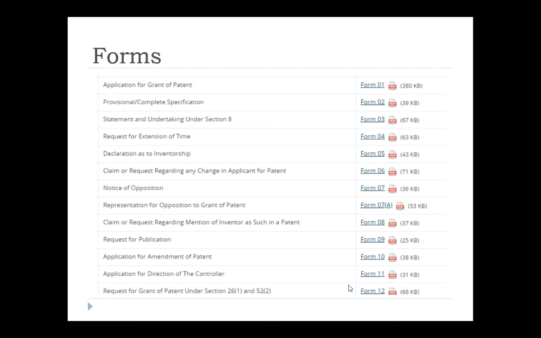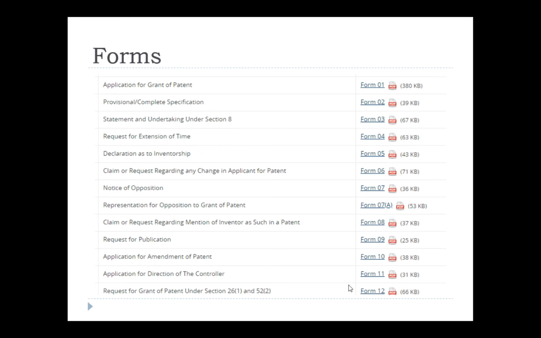This is very specifically for foreign filing, right? Request for extension of time: in a few cases the government allows you to extend your patent application time. You can use form number 4 for that. And fifth one, declaration as to inventorship, form number 5.